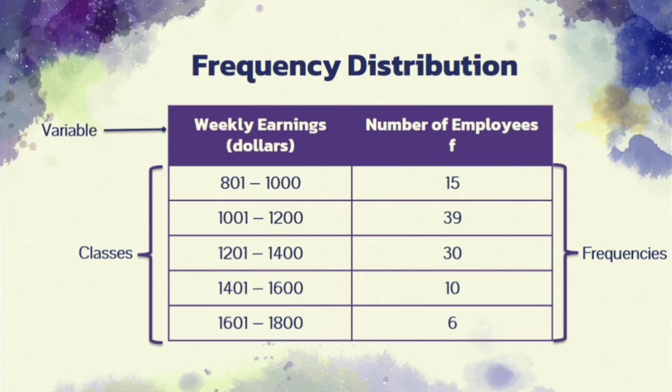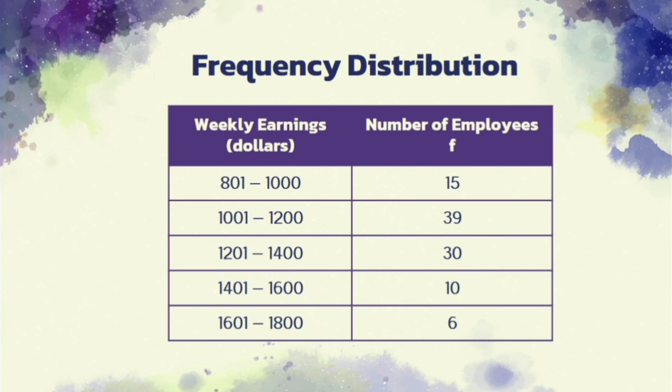Secondly, we focus on class width. That is actually the difference between 2 successive lower limits, as in the given table. It can be seen that the class interval is 200. Thirdly, we have to decide the starting point. Usually it starts with the smallest value in the dataset, and then we add the class interval to get the lower class limit of the second class. The upper class limit of the first class will be the previous value of the lower limit of the second class, and we can determine the remaining class limits by adding the class interval repeatedly. And finally, we distribute data into appropriate classes by making a frequency column.